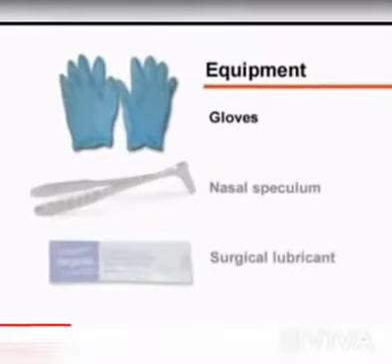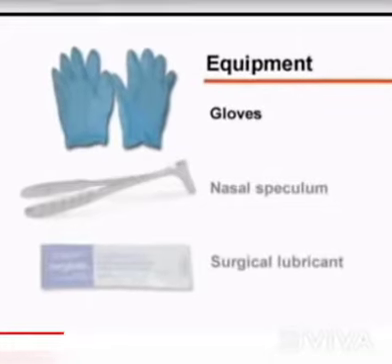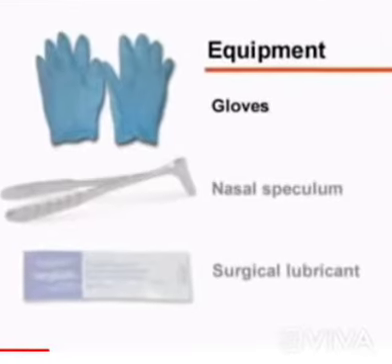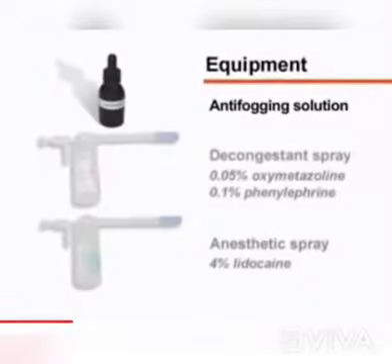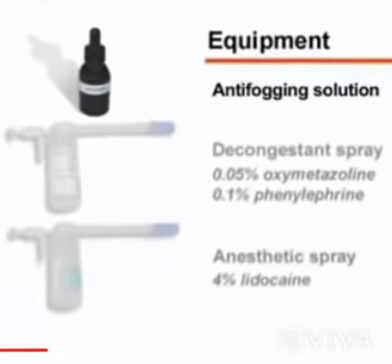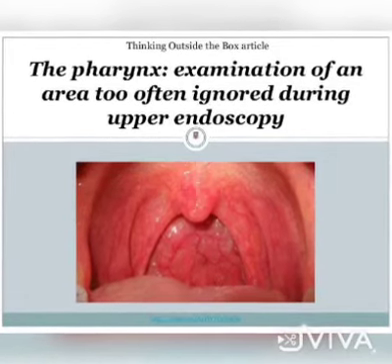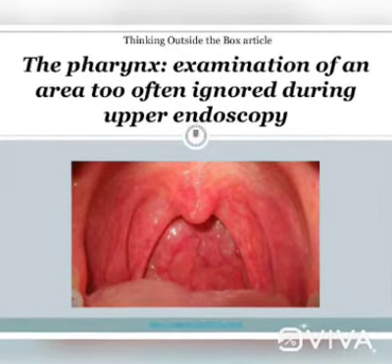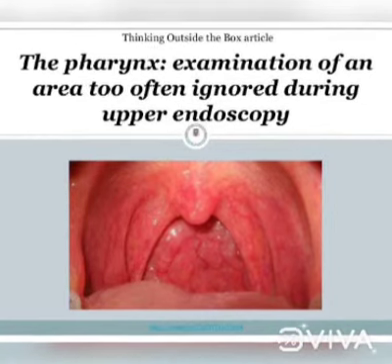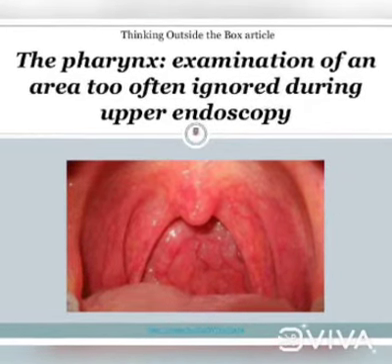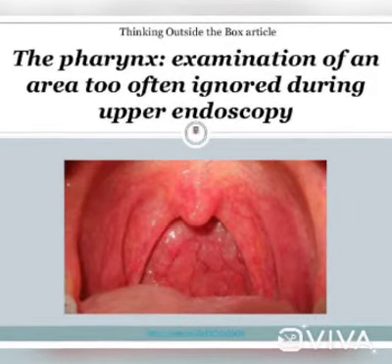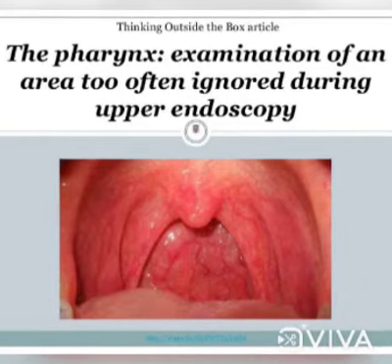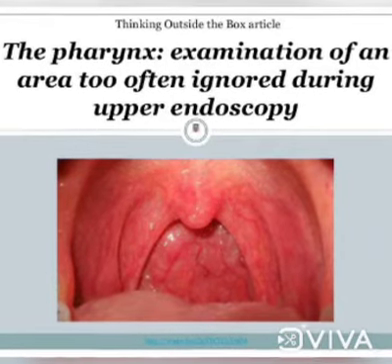For oropharynx examination, we need equipment such as a torch, two tongue depressors and a pair of non-sterile gloves. So let's start the examination. First of all, we have to ask the patient to protrude their tongue and, using your tongue depressor, gently press the tongue so that you can get a good view of the oropharynx. After that, identify the soft palate and uvula and mucosal changes, and describe what is present here.